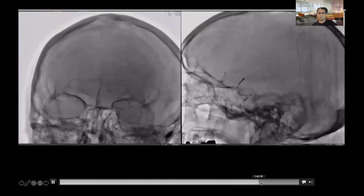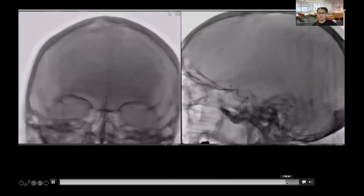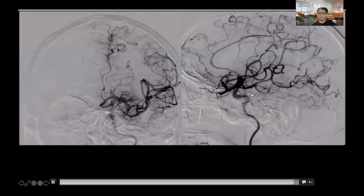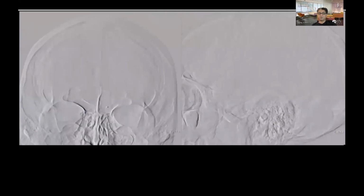Once we have deployed it, we give it the usual time, then retrieve it. As we retrieve the device, you can see patients always feel it. There's the aspiration catheter. This is the final run after completion. There's a small area here with reasonable collaterals, but given the tortuosity and the distal location, we